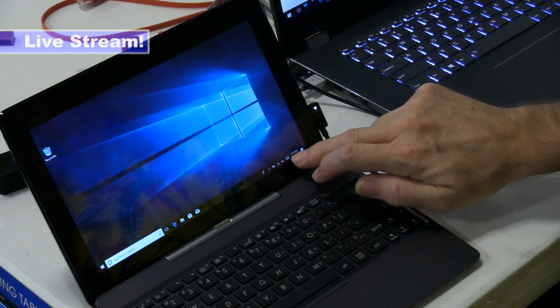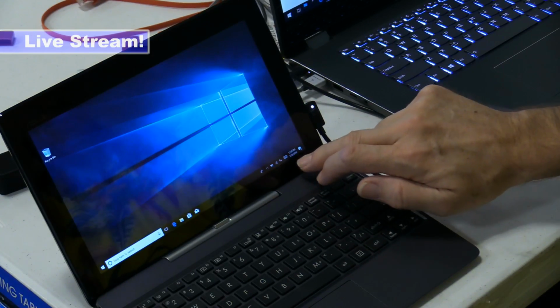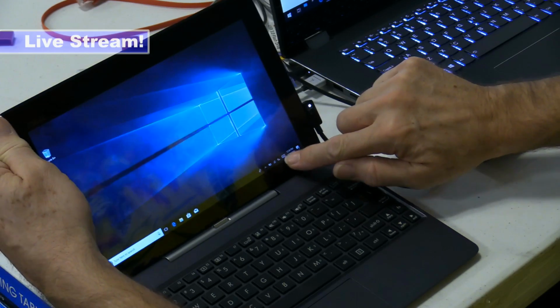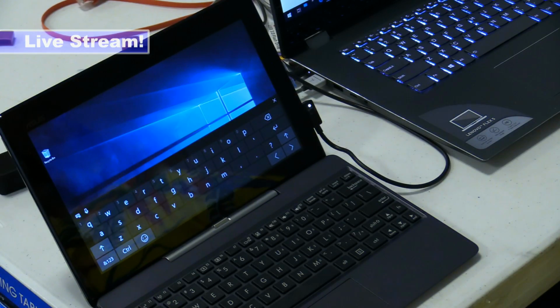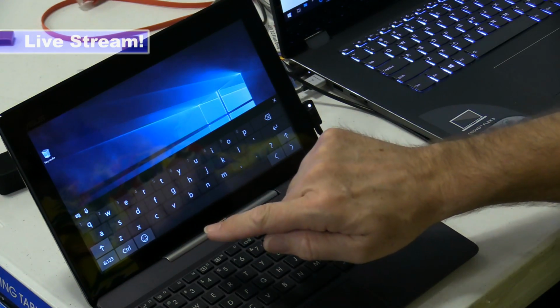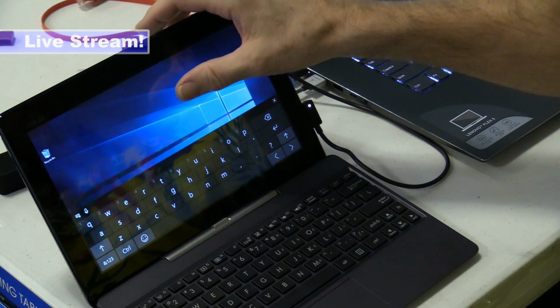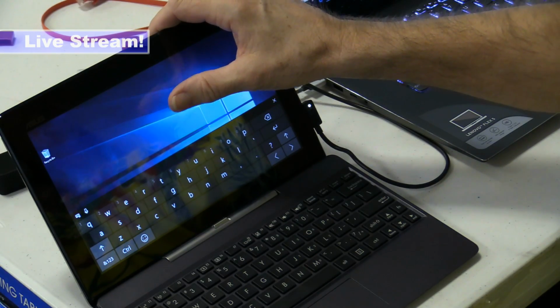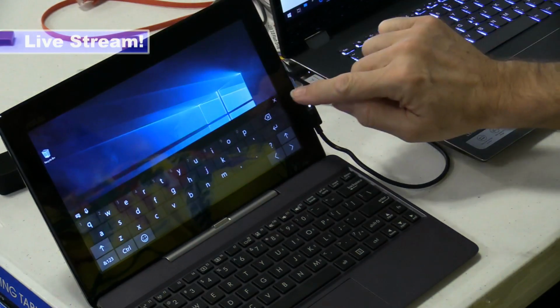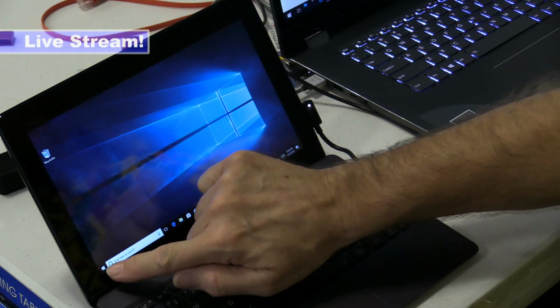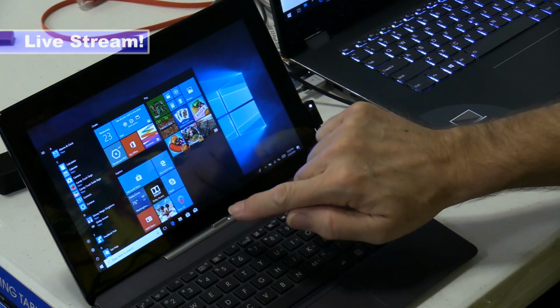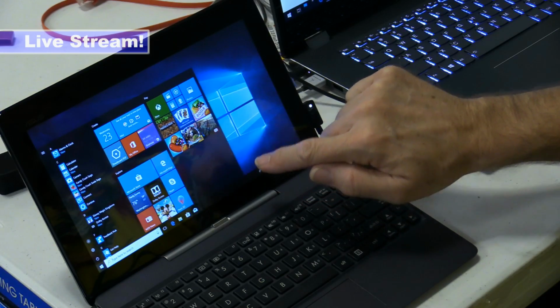To get the touch screen to work, there's an icon for it. There. So I don't know that works, but I need to be able to get to